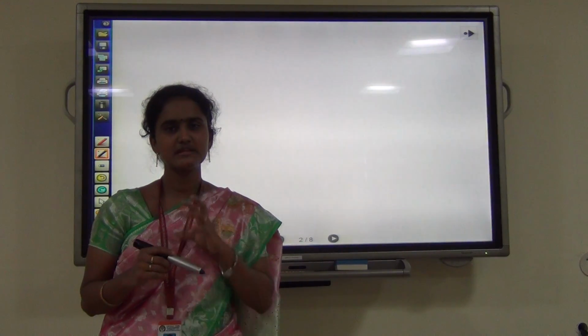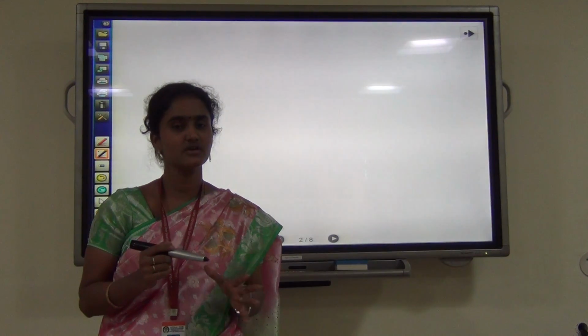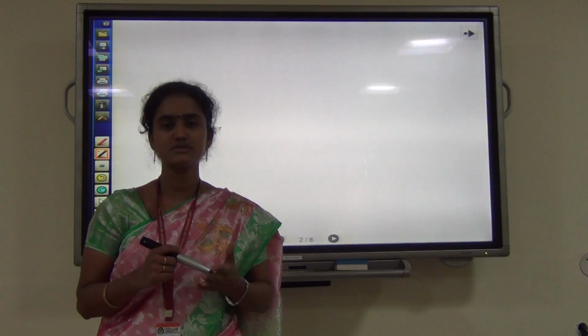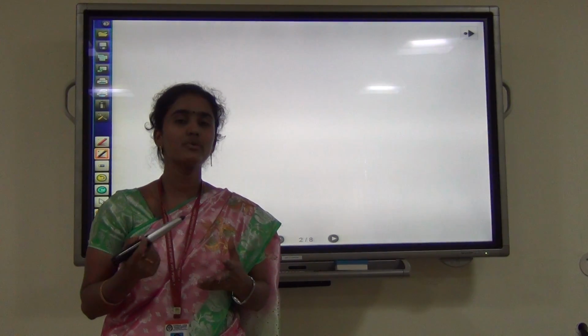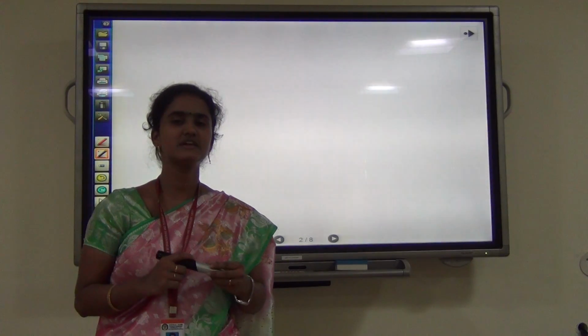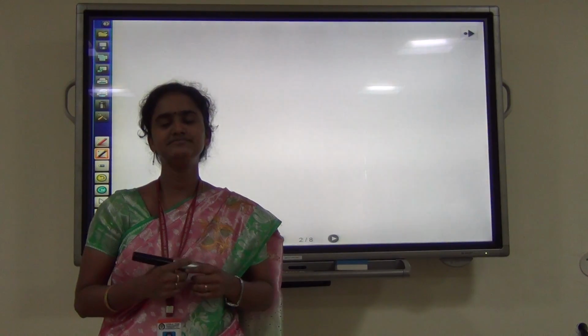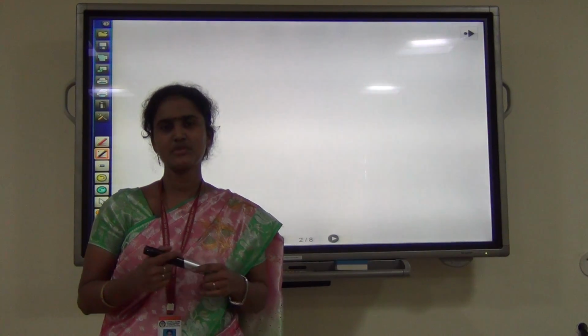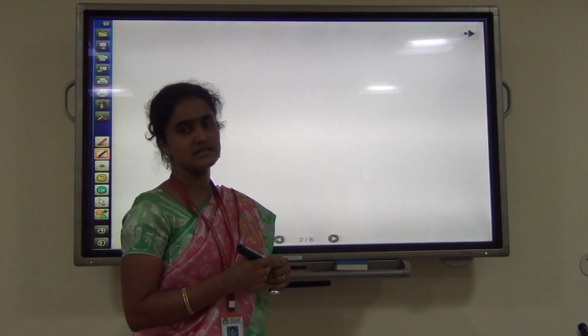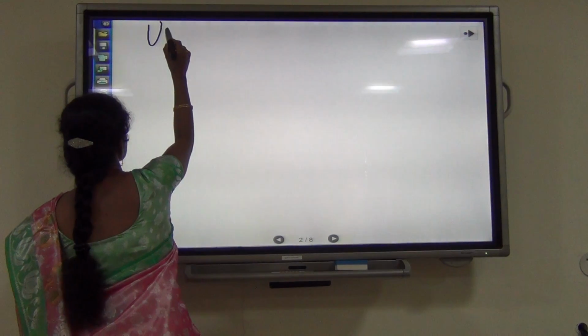The first topic itself is curvature. We'll study different forms of curve and how to find the curvature of different curves, likewise evolute and involute. So to start with, Unit 3 is about